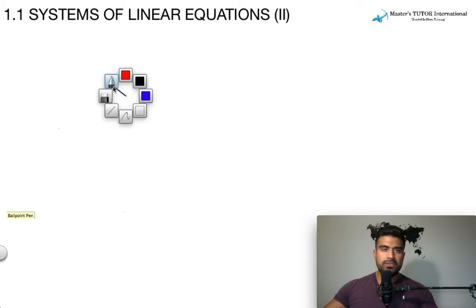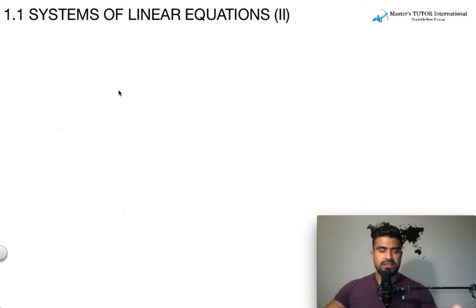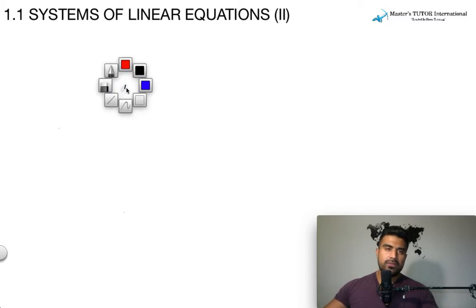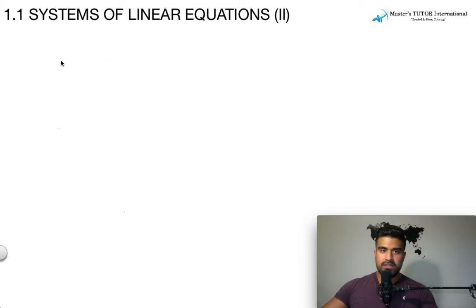In this part we will talk about what a linear equation is, or what a system of linear equations is. Well, a system of linear equations, or a linear system, is a collection of one or more linear equations involving the same variables. For example, we have this linear equation